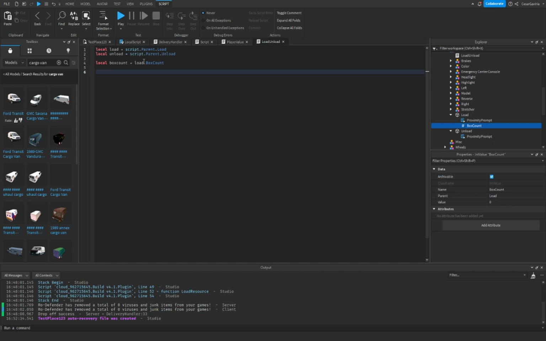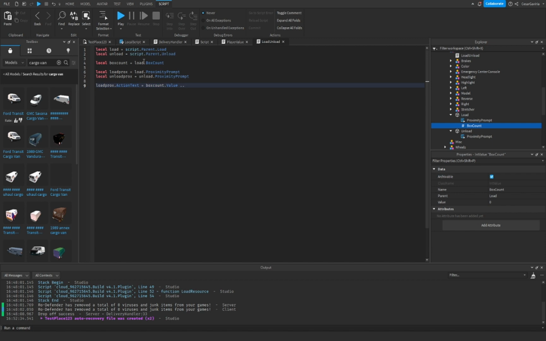So how I'm going to do that is say local load prox is equal to load.proximityPrompt, and then local unload prox is equal to unload.proximityPrompt. And so we'll say load prox.ActionText is equal to boxCount.Value,